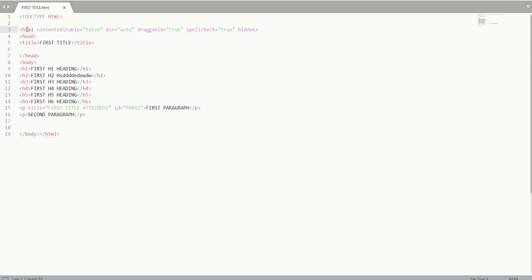If I want to use these attributes only on a particular element, for example the paragraph element, we should not use them on the HTML element, because otherwise they will apply to all the elements inside. So for using it specifically on one particular element, like paragraph or header, we should use the attribute on that element.